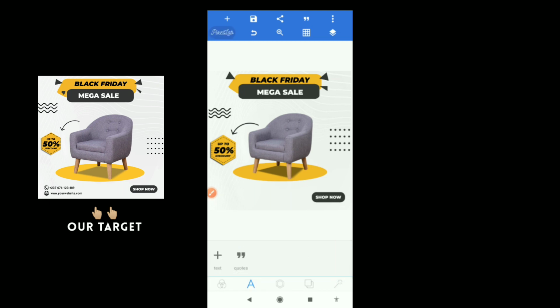So we have our shop now button intact. Gonna add one point and move it by the side a little bit. There you go. So we're almost done. We just need to put our contact details. First thing is our